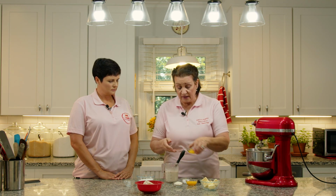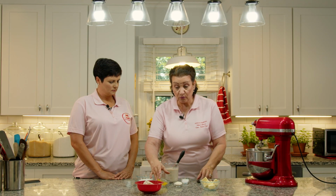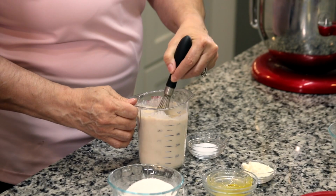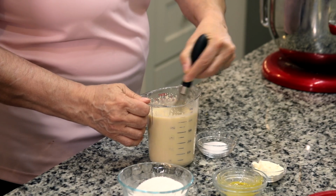So we can put the eggs in here, the 1 egg and the 2 egg yolks. That makes for a real rich dough, and our teaspoon of vanilla. And we're just going to go ahead and mix this up. Again, you don't have to do this, but it just helps to combine the dough a lot faster